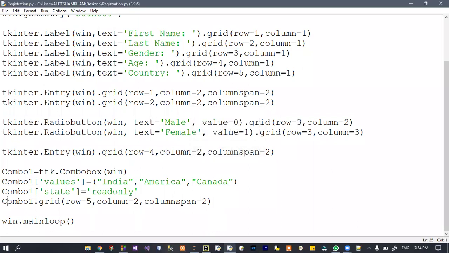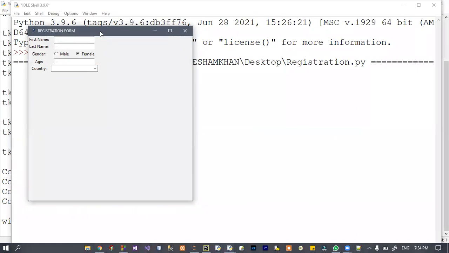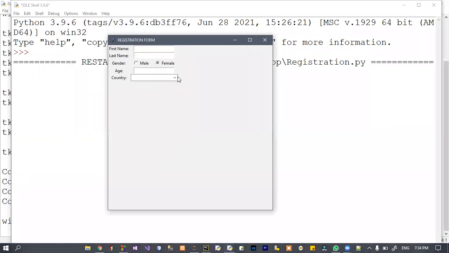Okay, see this. Here you can see that all the values are packed inside it, and